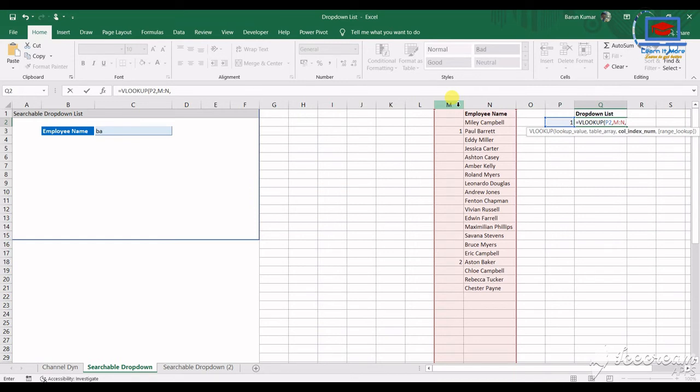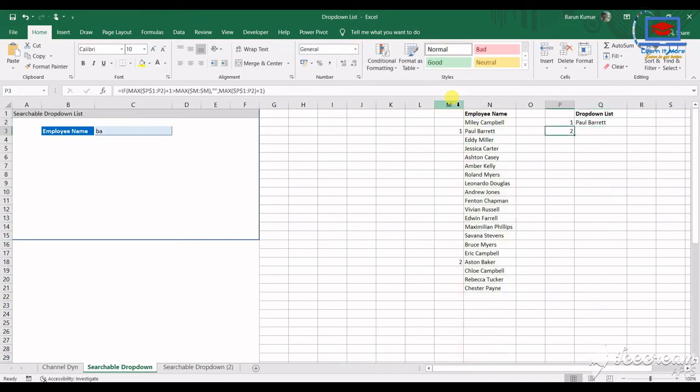Our column index will be 2 here because our name is in the second position to our serial number, comma, and our search will be exact match, which is 0. Then bracket close, enter. See, we have the name now